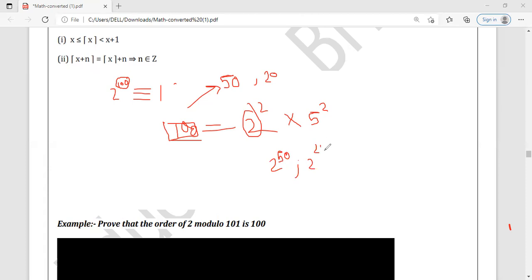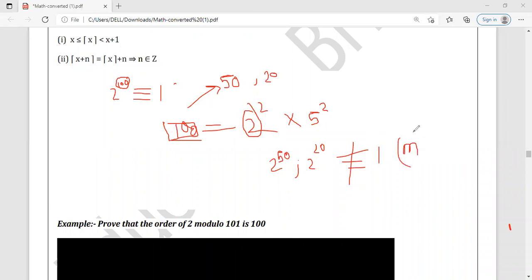How can you show that? That is your task. I am giving it to you as a task. You can do this as a task, or if you are watching on YouTube, you can pause the video, think about it, and do this as a task. So it's not congruent to 1 mod 101. You prove it and you are done.